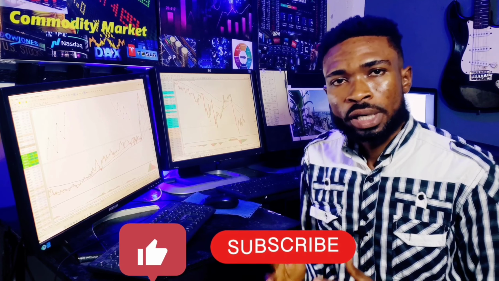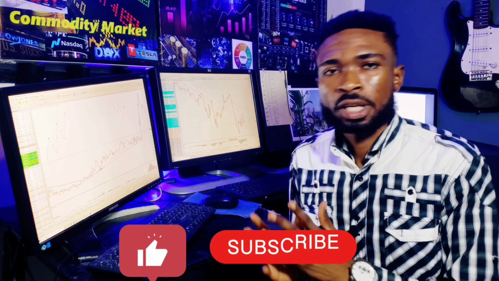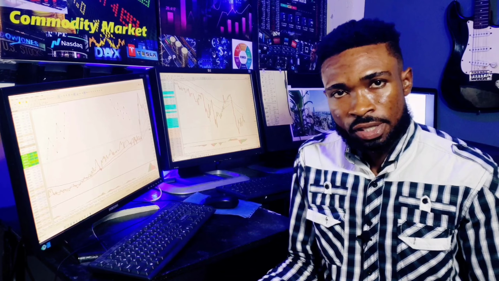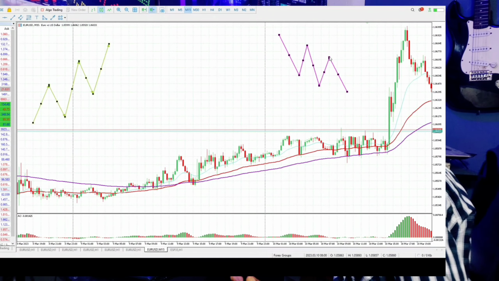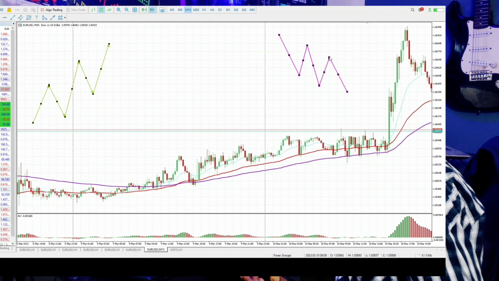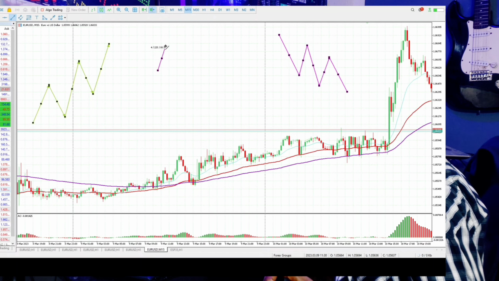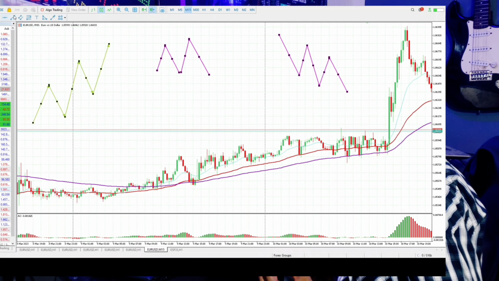But we know that the market doesn't just go through uptrend and downtrend, the market also goes through ranges. That one everybody knows. Who doesn't know a range? A range is when the market is going through a period of indecision, okay? Indecision. So the market will be ranging. It can make higher highs or higher lows, or the market is jumbled up. This is what we call a range market, which means the market is ranging. The market keeps ranging, and we don't know where the market is actually going,